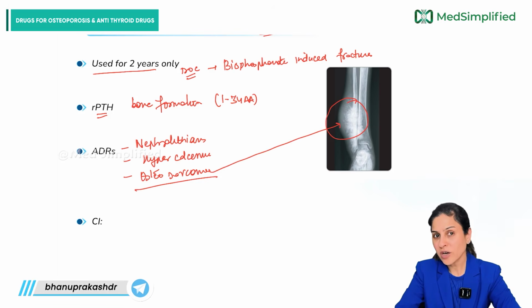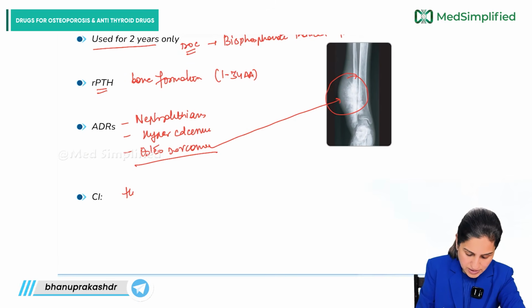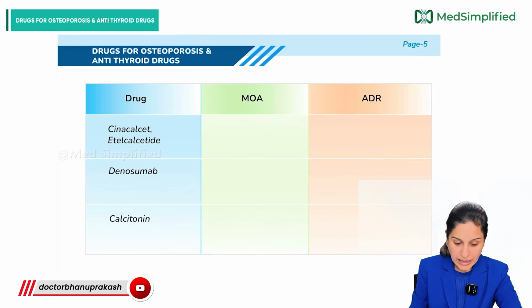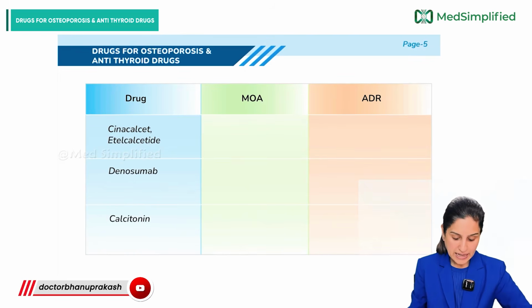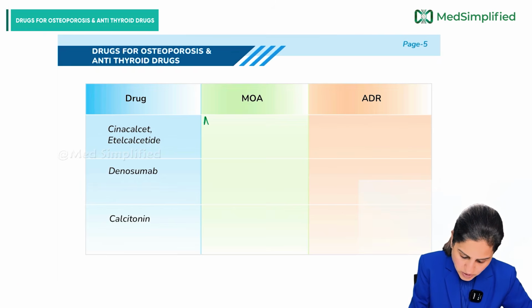That's why we cannot recommend for this to be given for more than 2 years. Contraindication, if already there is hypercalcemia, right, and in case of Paget's disease. In both these conditions, we cannot give them. Other drugs that we have is cinacalcet, and in cinacalcet, basically what it does, it acts on the